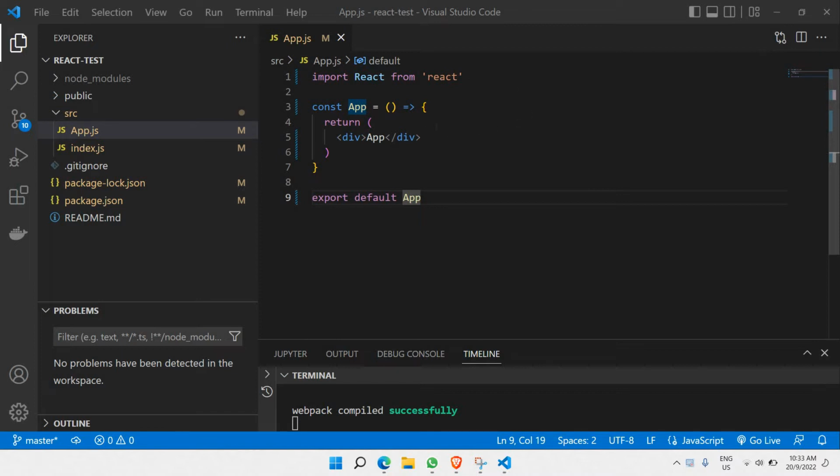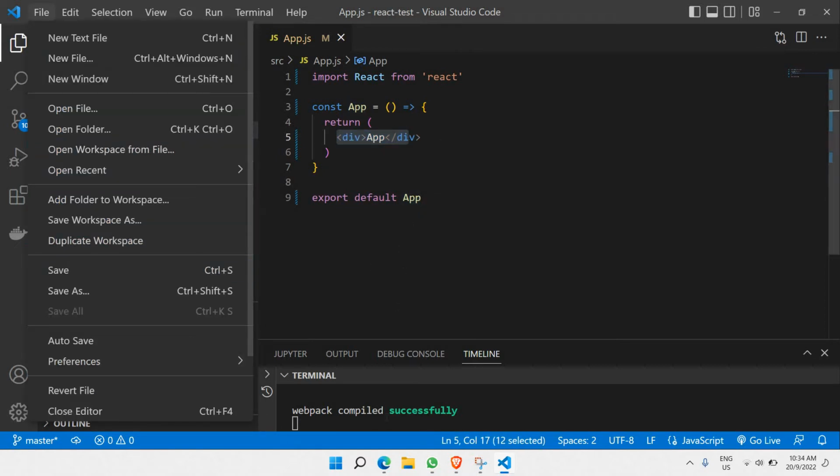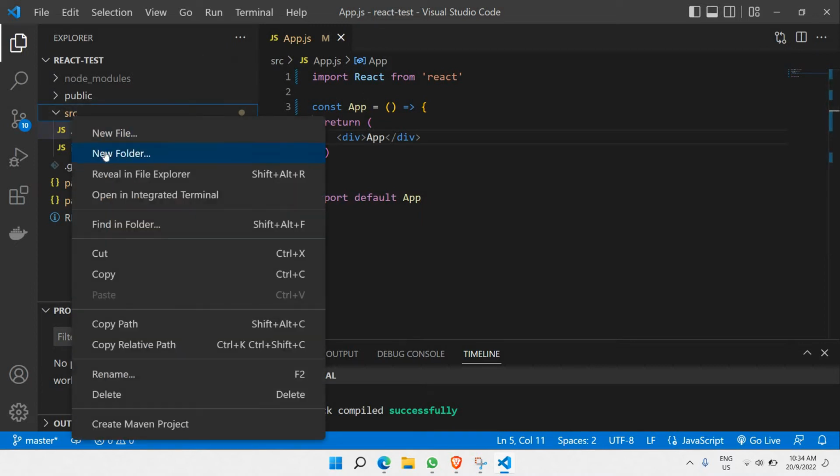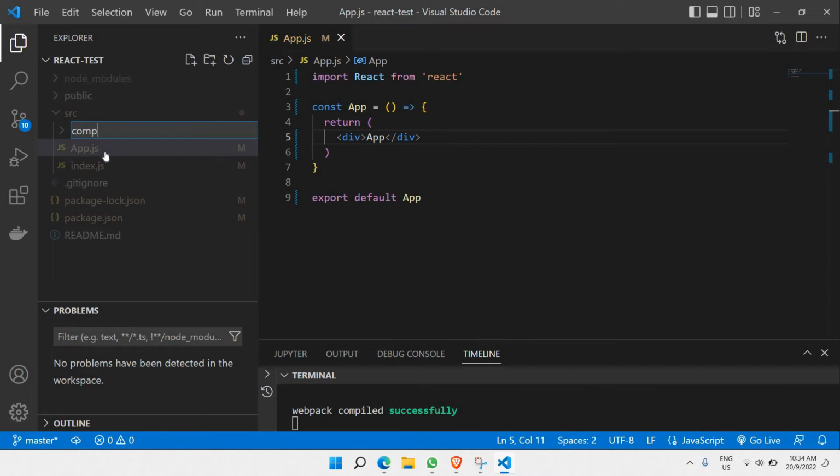So let's go to our project code. I am in the app.js file, and as you can see there's not much code here. It's just text, and it's already running in the server. It's currently displaying app, which is coming directly from here. What I would like to do is create a new page. Before that, I'll be creating a new folder called components,